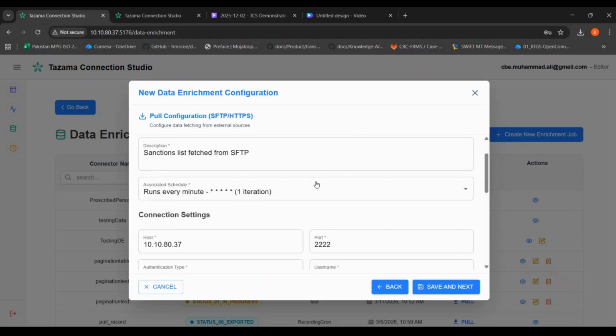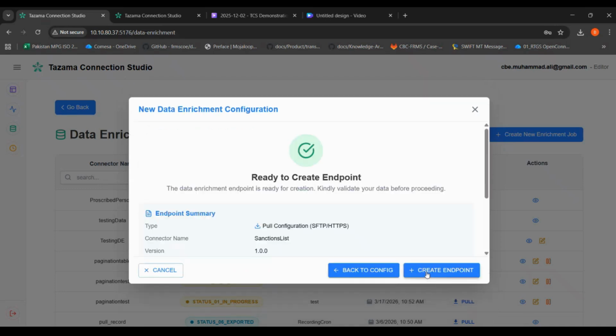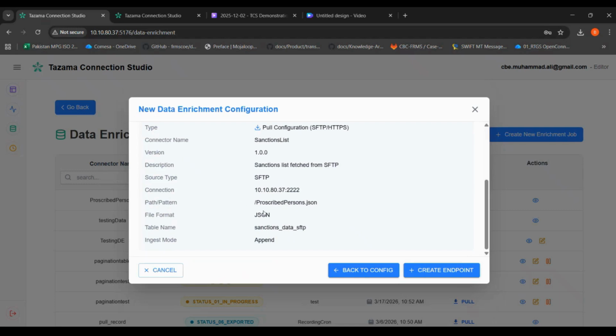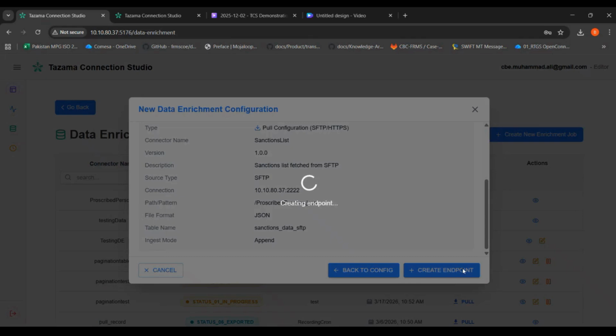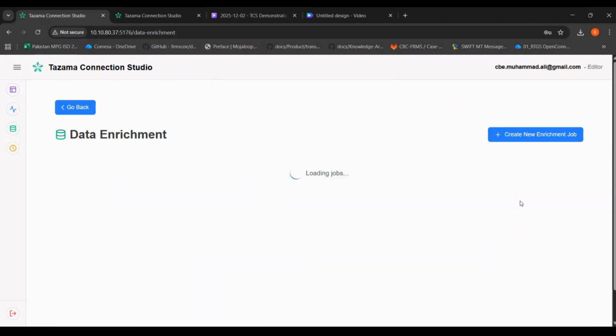So yeah, this is pretty much the configuration for creating an enrichment endpoint sourcing data from an SFTP server. So I'm going to save and next, and I'm going to view the summary of it, and I'm going to create the endpoint. Perfect. So now the endpoint has been created for the editor role,